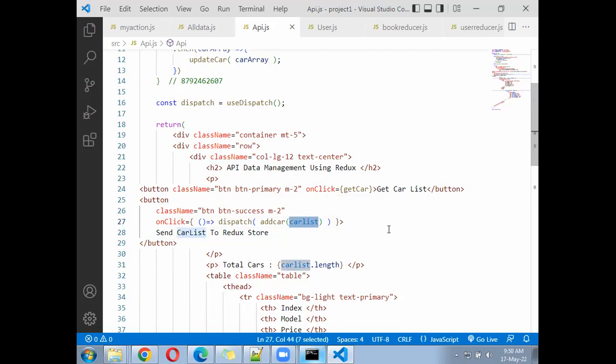List of car will be returned to... Okay, here car list we can send or not sure. Okay, so now after this